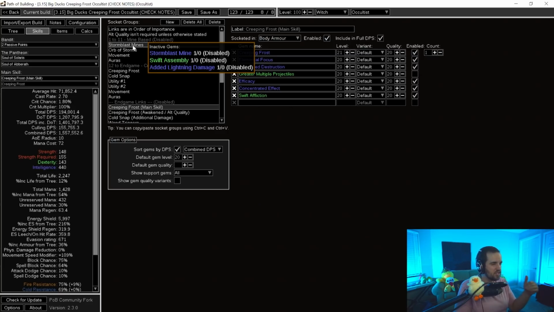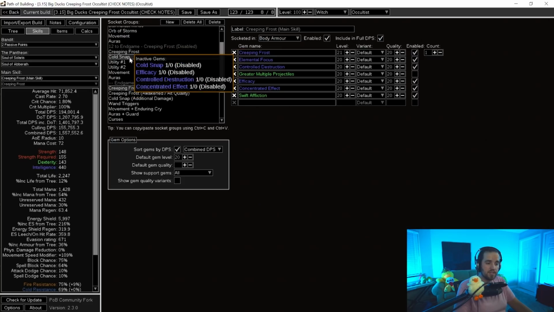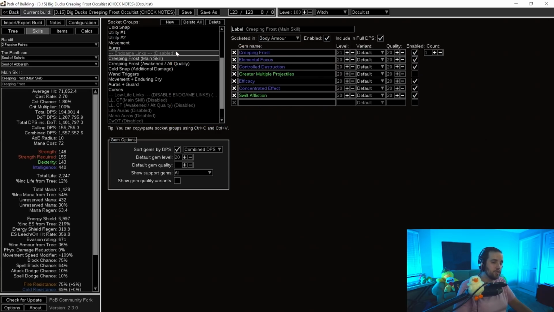It just does very, very solid single target damage when combined with Orb of Storms. All of your movement skills and your auras are in here. It tells you how to upgrade to Creeping Frost and the abilities that you should be looking to use. And then also, whenever you are able to, you should swap to the end game links on all of your